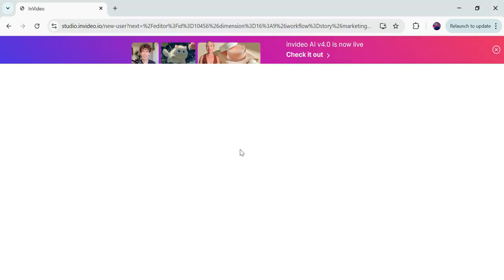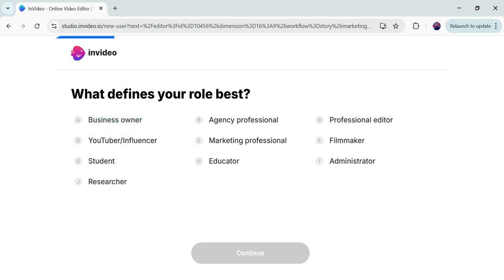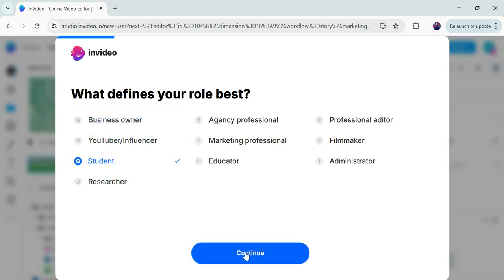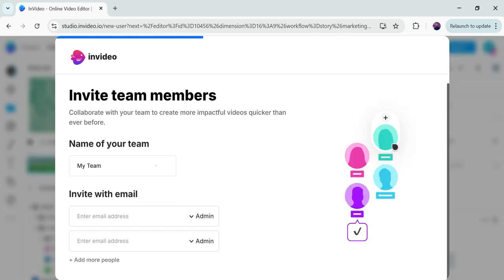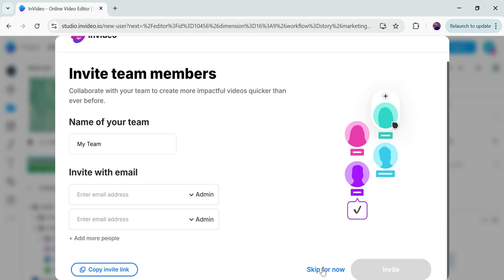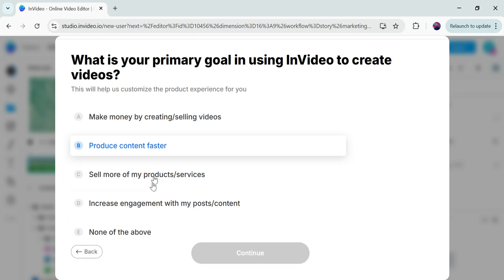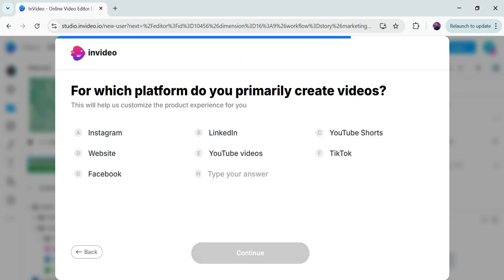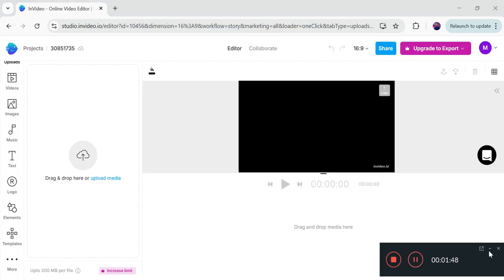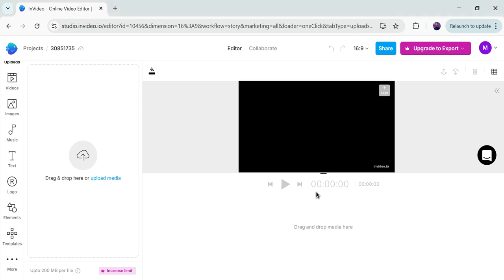So that's how your account will be created, and you have to select some of the options here. Okay, so I'm skipping for the YouTube videos. So let's continue. So that's how our account will be created, and a few prior steps will be done over this website. So finally we are at the dashboard, our online video editor.